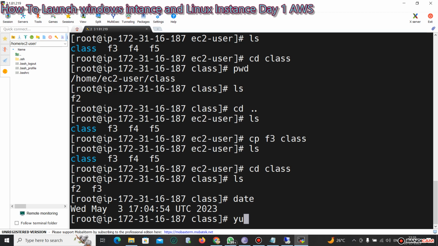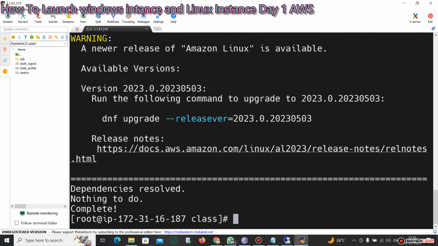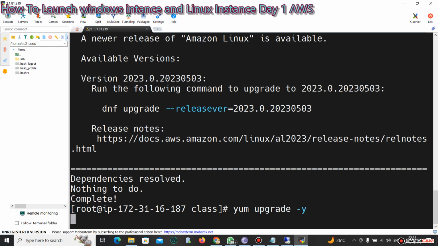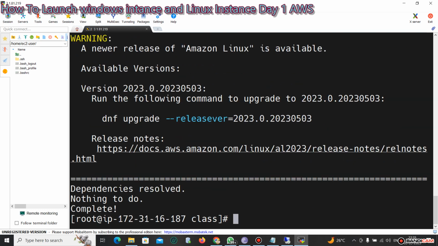So first of all, let us give the command yum update -y for updating the repositories. Okay, so that is the command, and yum upgrade -y to upgrade the repos. So these are the two things. First, whenever you launch an instance, you need to do these two things first. After that,